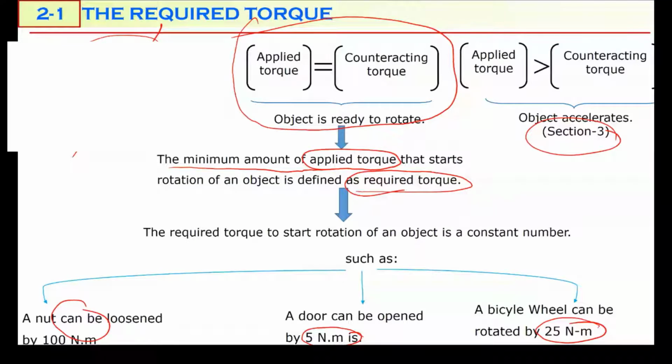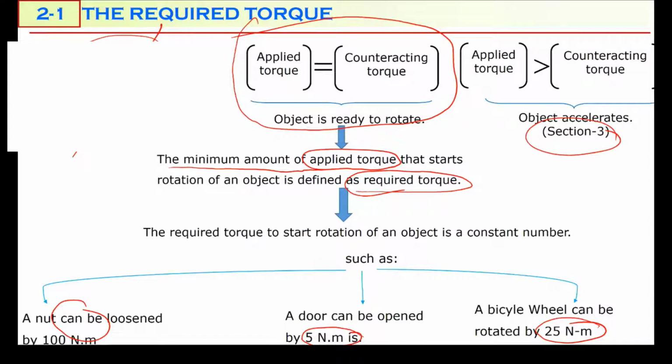Now I increase the applied torque. Friction also increases its torque, but friction can only reach a maximum value. So when I produce a torque greater than that maximum value of the counteracting torque, the nut starts rotating. That is the rule. Friction cannot produce an infinite amount of torque, so it has a maximum